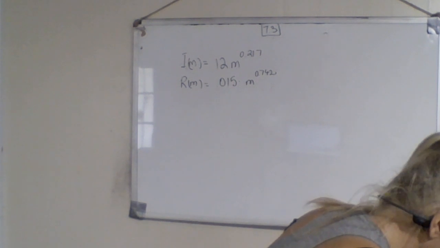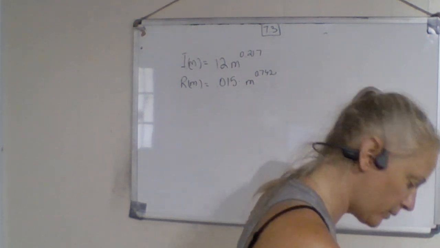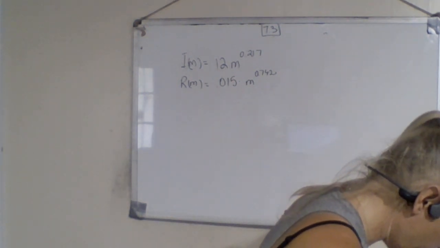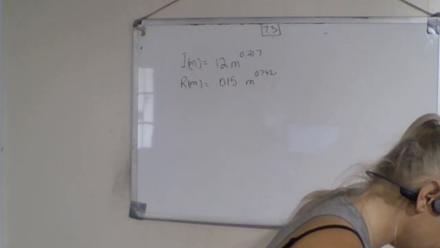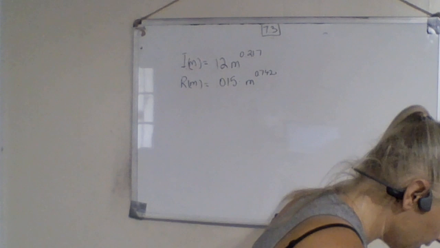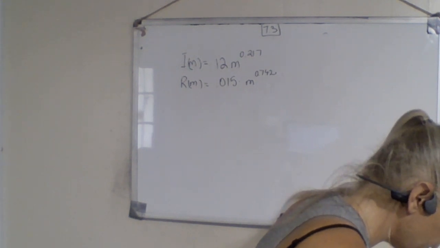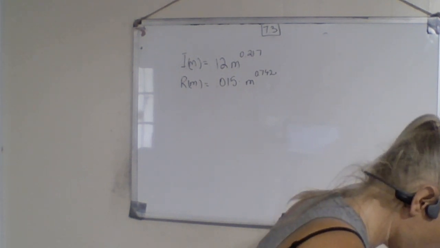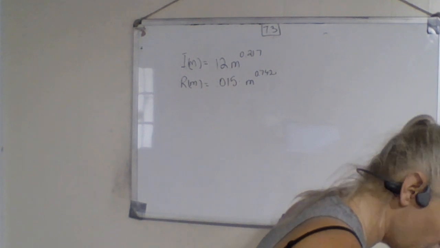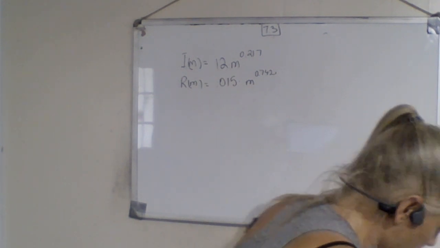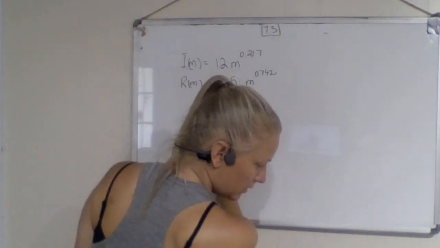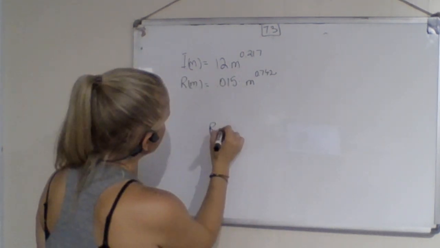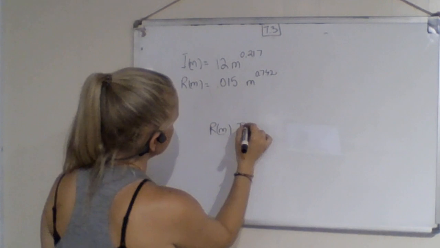If you look at your verbal model, it's going to be the daily water loss times the number of days over the egg mass. We know the daily water loss is R, the number of days is the incubation, and the mass is M. So my model is R of M times I of M,